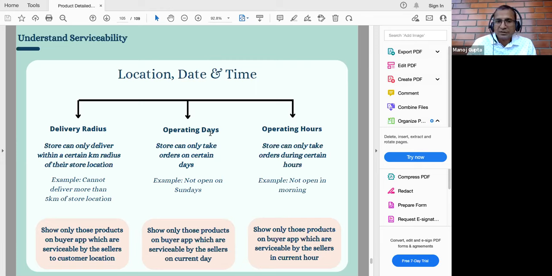What is the process for COD payment settlement in case of seller app, buyer app, and third party delivery who actually collected the cash and delivered the order? COD अभी ONDC में है ही नहीं. ONDC में सिर्फ prepaid है. Only prepaid is allowed in ONDC right now. No COD orders as of today, right? So COD is something that I think we can cover in the future sessions, because